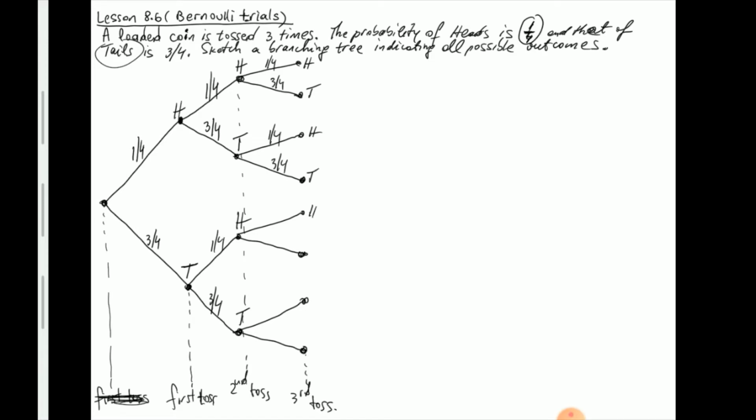So write down these probabilities on the branching tree. And then here are a couple of questions you can ask. In the first question, let's say I ask, what is the probability